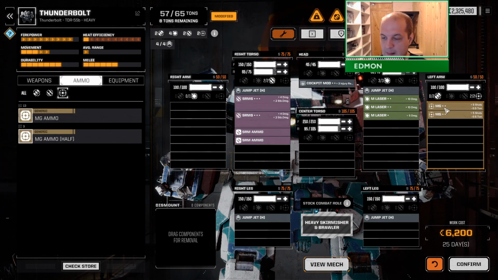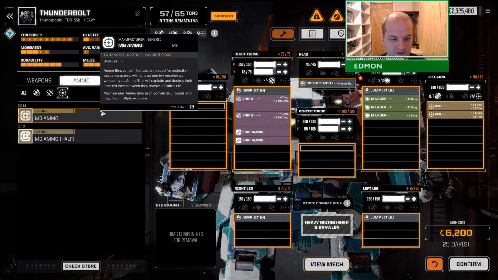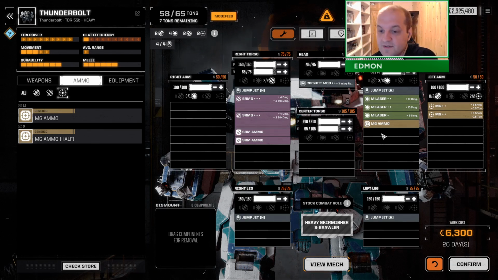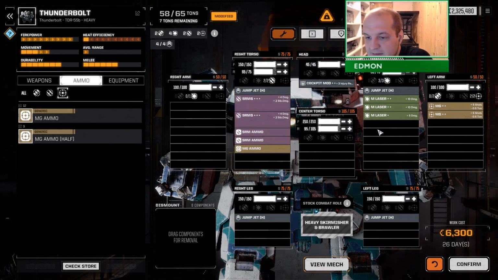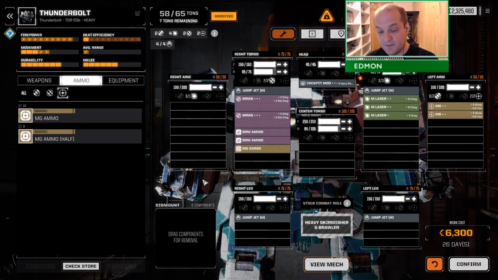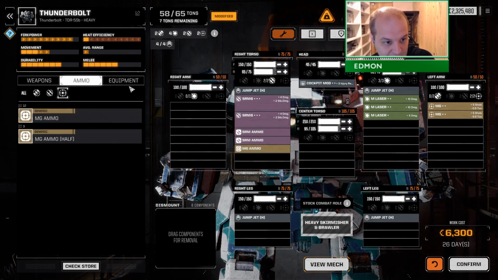Uh, 200 rounds. This is 20 a burst. So this is 10 bursts. I think for a support weapon, 10 bursts is fine. I always say aim between 12 and 15 bursts for optimal sustain. I'll put this ammo in here with the other ammo just to make things less weak. But 10 bursts for support weapons is fine because you won't be using them all the time. When you are using them, you'll be actively choosing to use them. I.e., you're going for a back shot, the enemy's got exposed ammo, that's when you use them. And if you kill 10 mechs by shooting them in the back, that's loads, so...